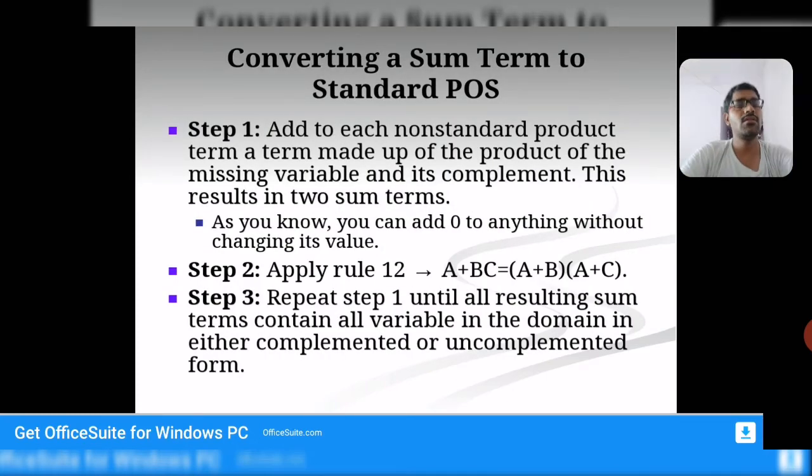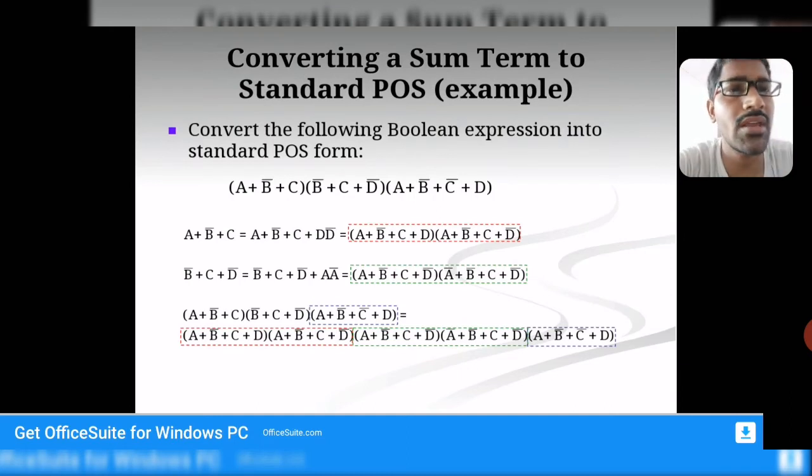As in the case of sum of products, we have to standardize the expression. There, we multiplied the terms which are missing variables with the sum of the missing variable and its complement. But in the case of product of sum, we will add the product of the missing variable and its complement, and the rest will be the same. See, you can have an example here.